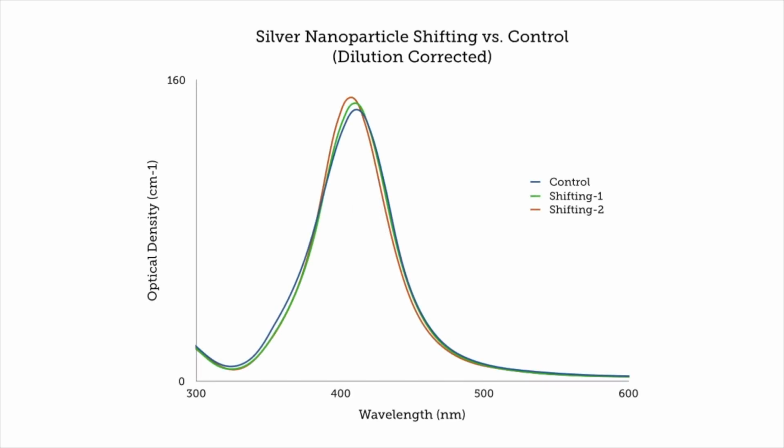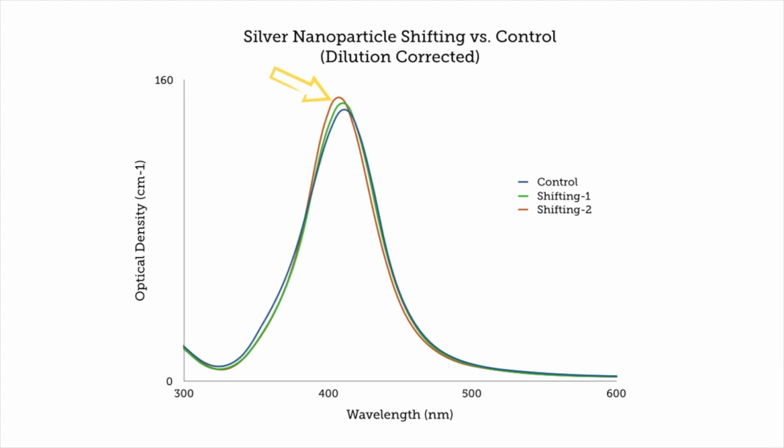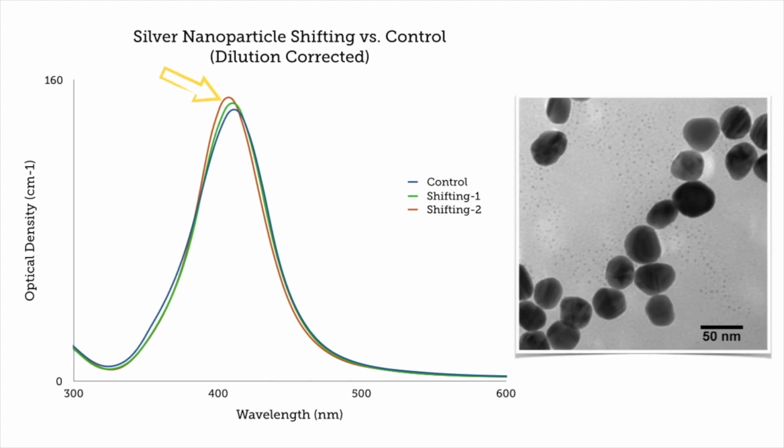In certain conditions, this process also results in an increase in absorbance, because as silver ions are released from the surface, the ionic silver can reduce and self-nucleate to form new particles. This process produces a new population of very small nanoparticles, which, as their numbers grow, drive the absorbance up as well. This phenomenon is confirmed by TEM analysis of the material. As you can see, in this TEM image, there is a large population of very small nanoparticles in the 2